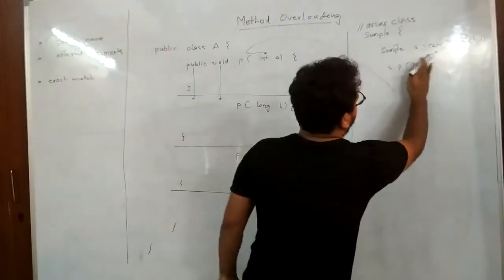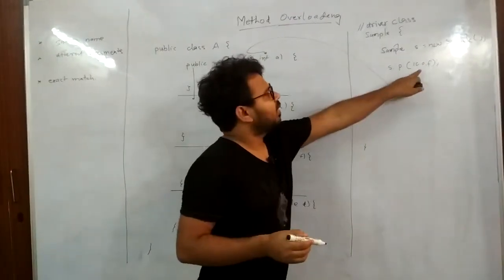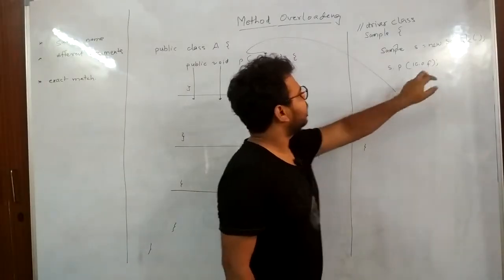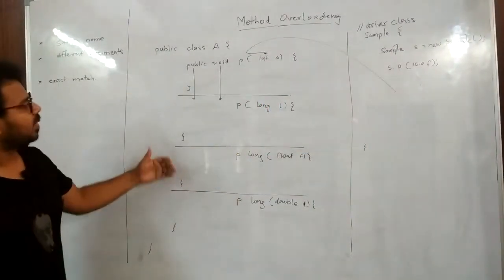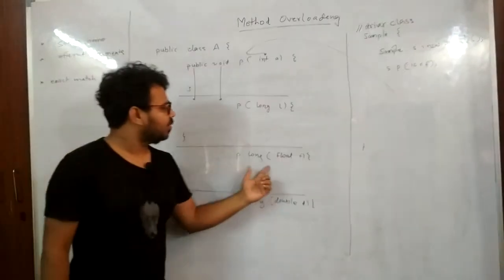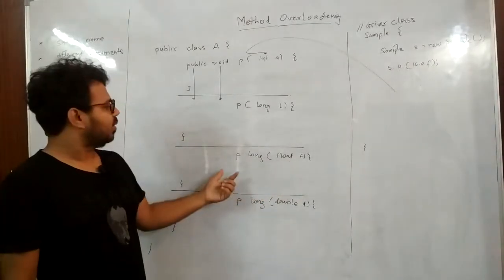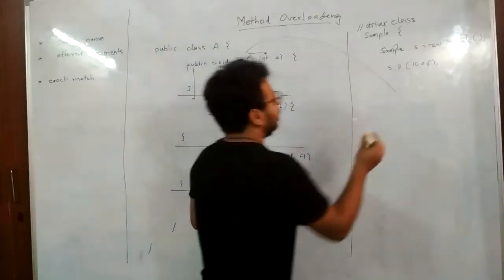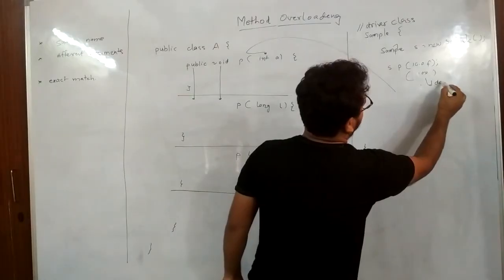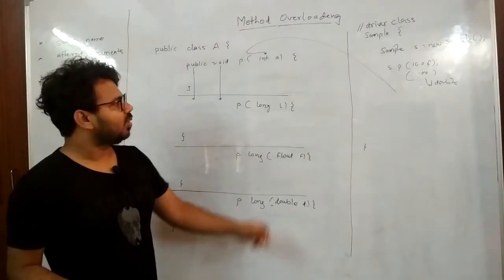Now what will happen if I write here 10.0f? I am passing a float value. What will happen if we pass the float value 10.0f? Then a method with the exact match will be searched. So here we have the exact match, that is float f. So this method will be called. Now suppose we have here 10.0, that is a double value. What will happen? Then the method with the double argument will be called.